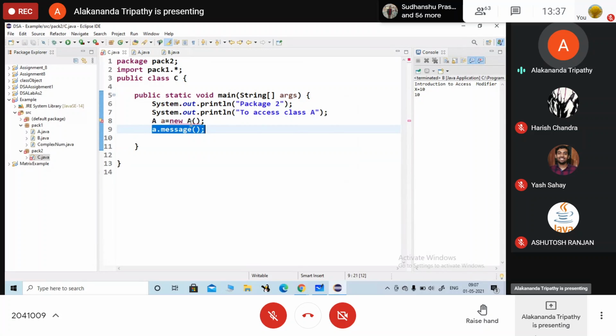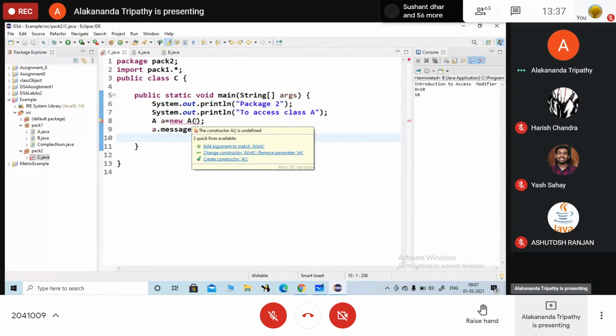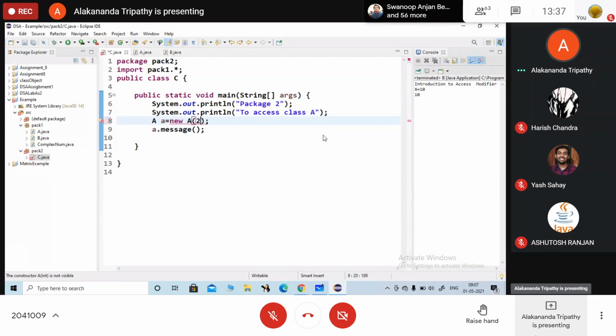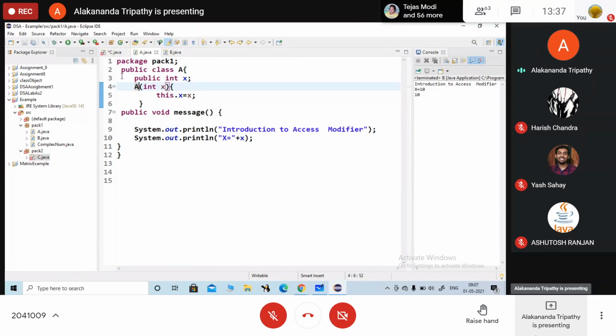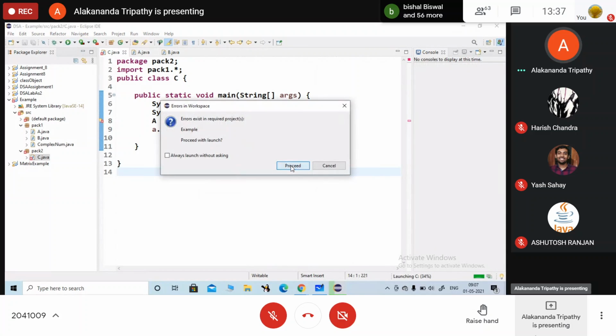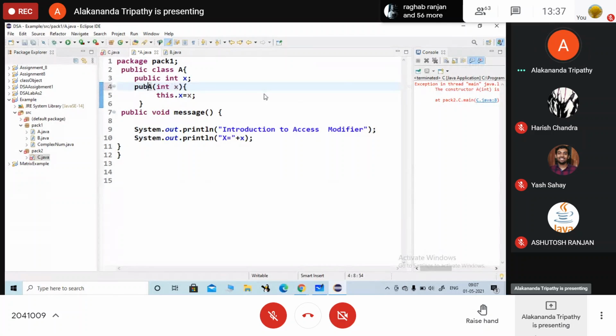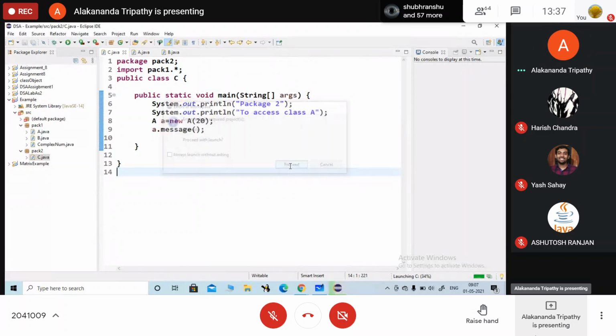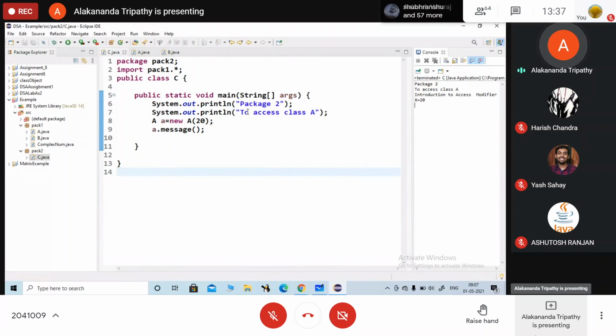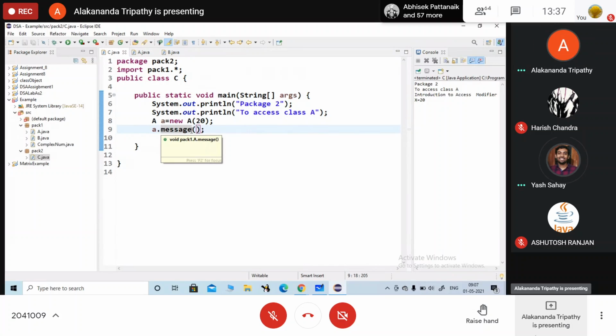And you can access it outside the package. कहाँ पर भी access कर सकते हो? Outside the package.